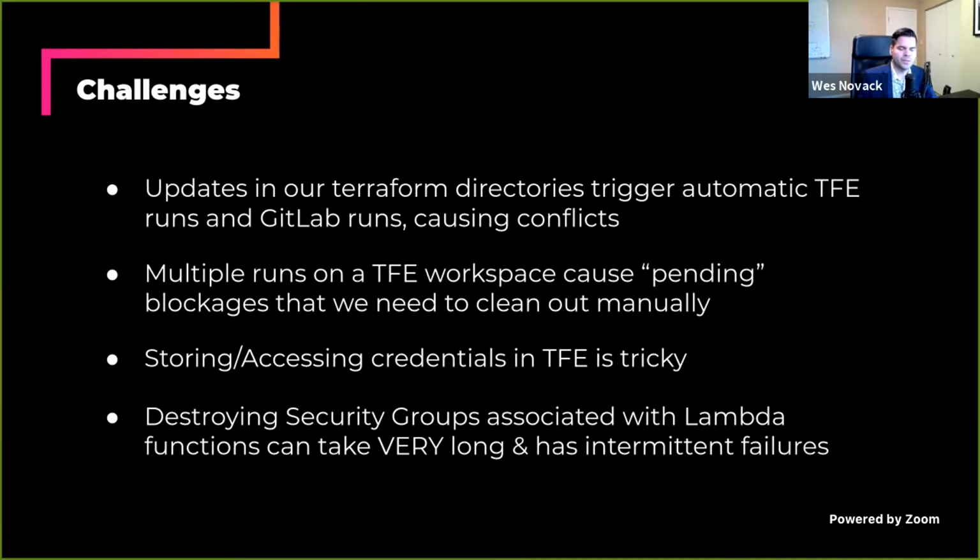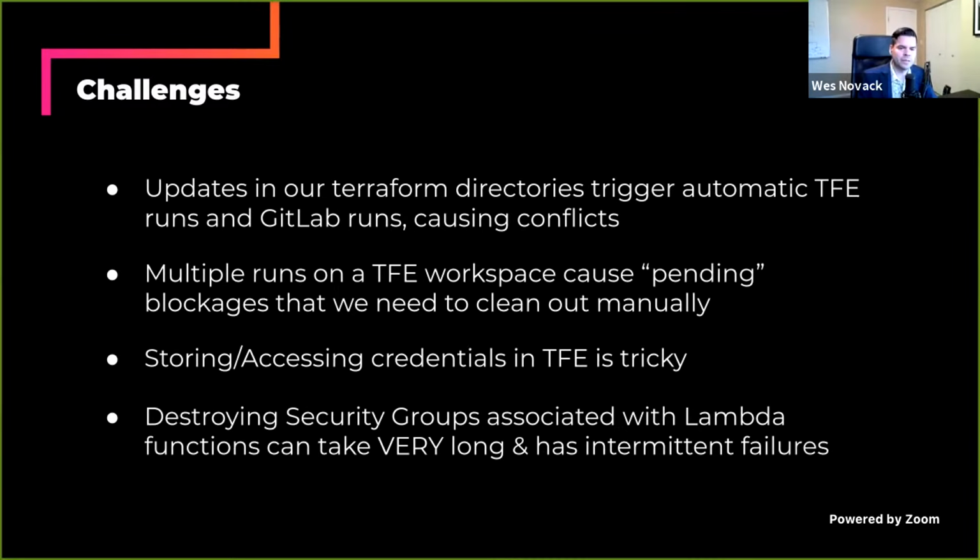Looking at that guidance from AWS, we actually updated our security groups module in our Terraform Enterprise registry to allow it to take in a parameter for a timeout value. So even when we passed in a parameter that said, please use a timeout of 46 minutes for creating and destroying this security group that's associated with the Lambda, we still saw intermittent failures. So that didn't even solve the problem for us.